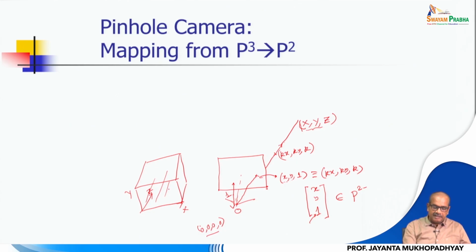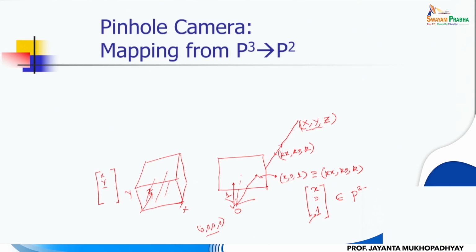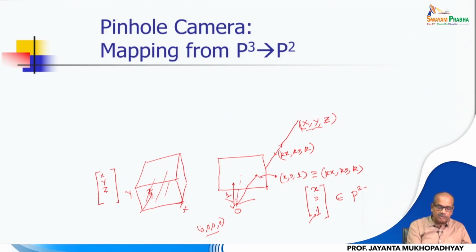Which means that, in the same format as 2D projective space, we can represent a 3-dimensional coordinate point also in a homogeneous coordinate space, which becomes an element of the 3D projective space,